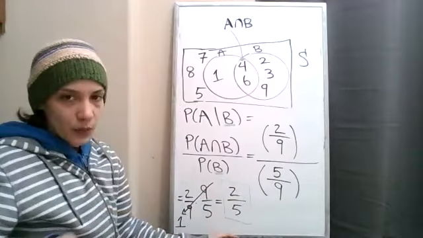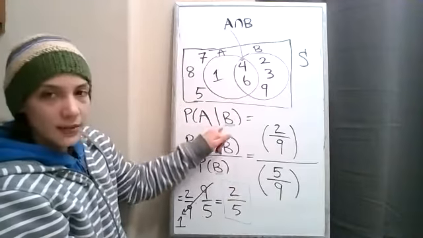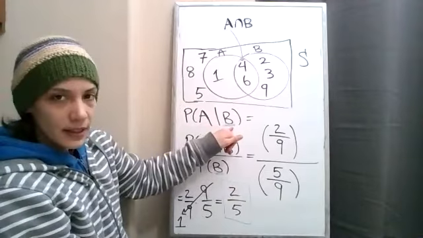But we could think through what's happened to get to that number. A given B, you restrict your outcomes to set B. So everything else gets